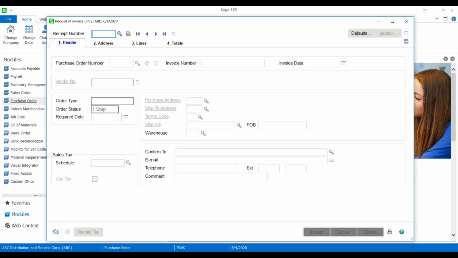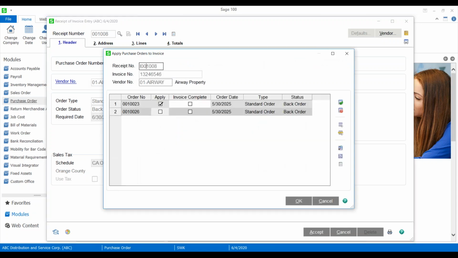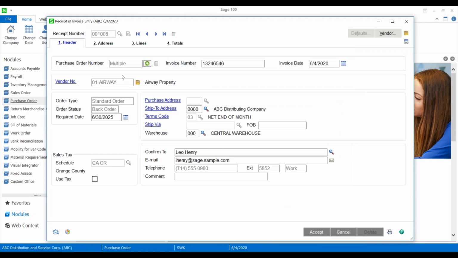invoices for those goods. So we're going to go into receipt of invoice entry, take our next receipt number, put in the purchase order number that we received on, and put in our invoice number. You'll see I also have the plus sign here. So if I was being invoiced at the same time on the same invoice for both purchase orders, I could do that as well. So I can say apply to that, and now you'll see I'm invoicing multiple purchase order